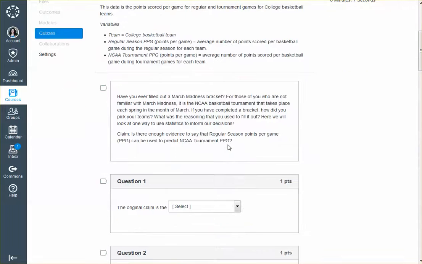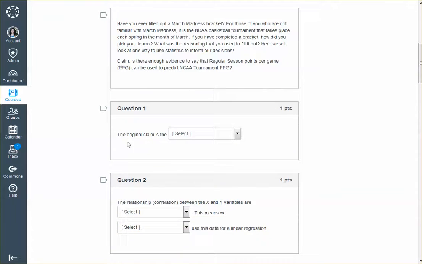And so this is kind of a March Madness thing. So let's see here, we'll look at one way to use statistics to inform our decisions, maybe about our March Madness bracket. So claim: is there enough evidence to say that regular season points per game can be used to predict NCAA tournament points per game? So here you just select the original claim,